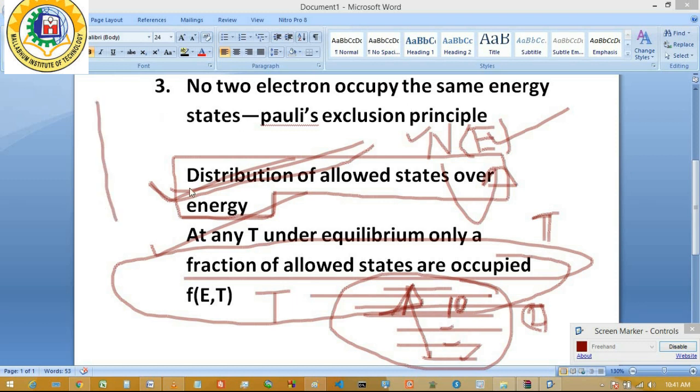With the help of these three tenets, we are trying to analyze this conduction band, how the valence band is formed and how this conduction band is formed. We are trying to analyze this diagram with the help of this energy band model. So this is the first foundation step, the three basic tenets of this energy band model.